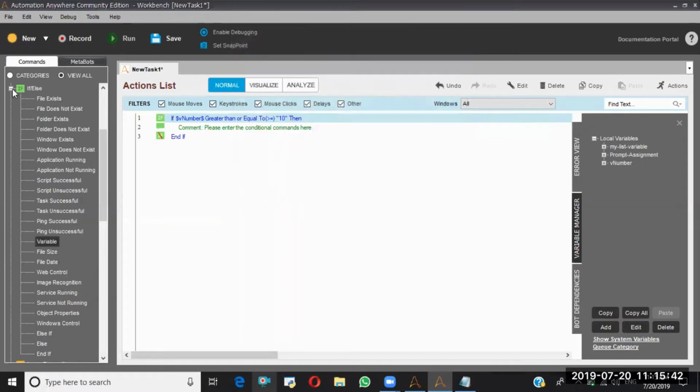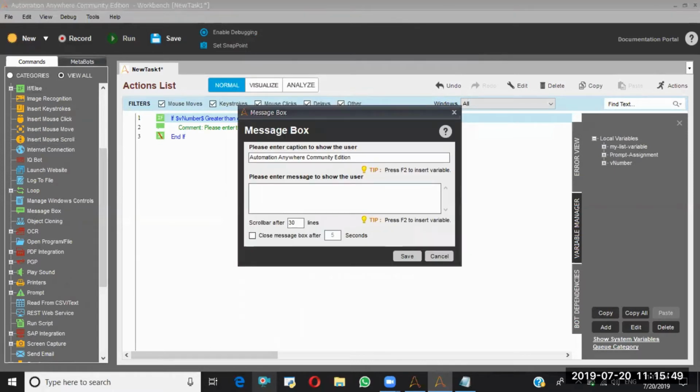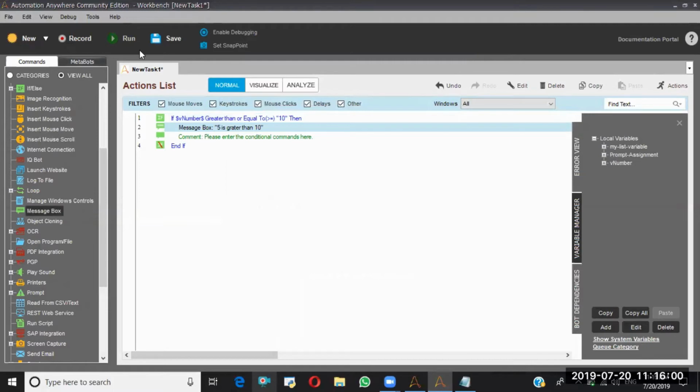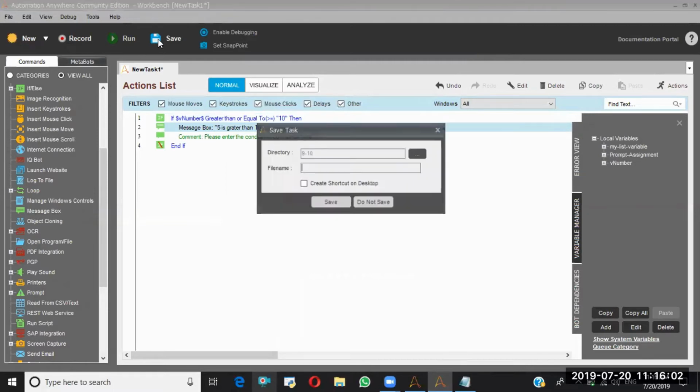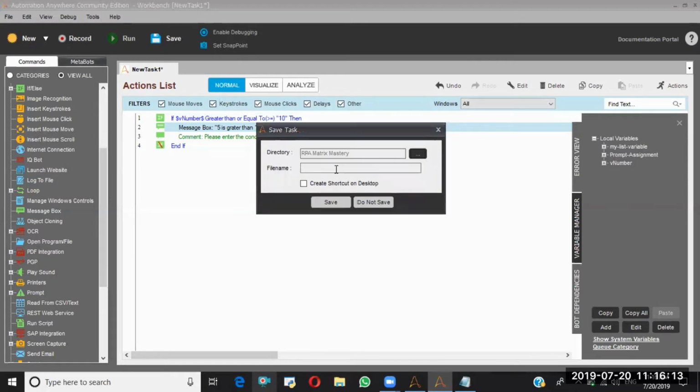Now I'll put a message box: 5 is greater than 10. If this condition is true, then only it is going to print this particular box. What we can do?